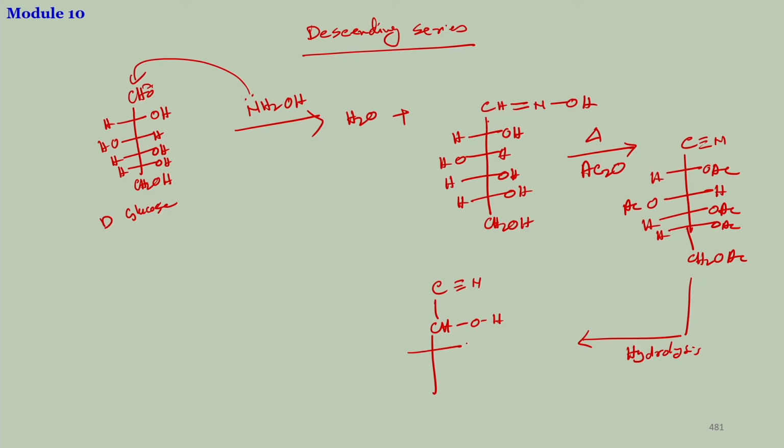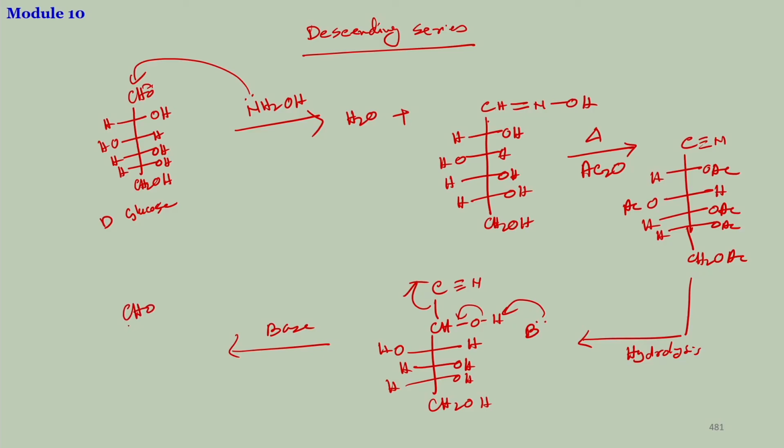I am writing this because I need this CH2OH. If you treat this with a base, what happens? Base will take up this proton, it will go and your cyanide will be eliminated, because cyanide is also a good leaving group. So, that will expose the CHO, one CHO here, and this one carbon would be gone. So, you will have CHO and then the rest of it, one carbon down,